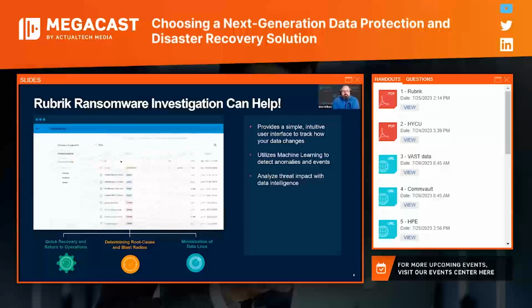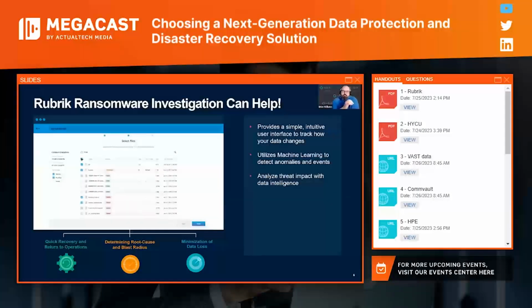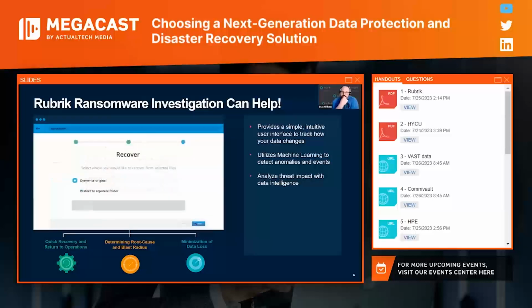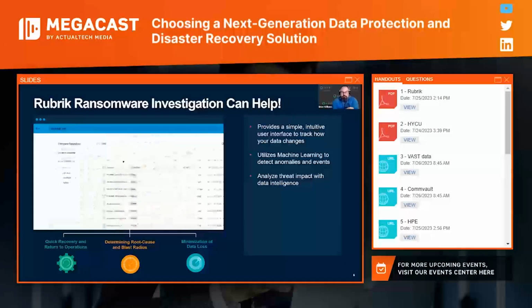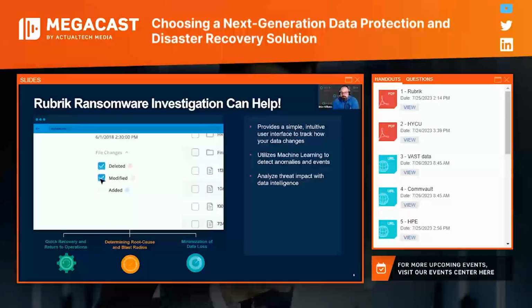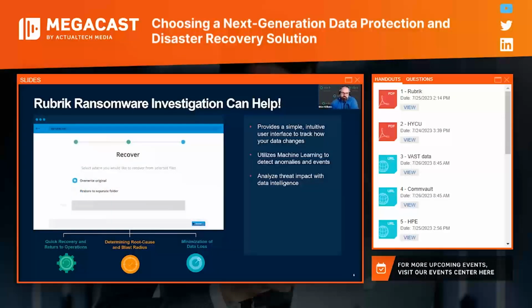The ransomware investigation not only flags the anomalies, but it's going to allow you to quickly see the impact that the attack had. Right? This is really crucial to understanding what's happening. The affected applications and files can be easily spotted through the UI, browsing through not only multiple objects that have that anomalous behavior, but file systems too. Right? So we can be very granular, very surgical about how we're going about this, really for the sake of minimizing time.